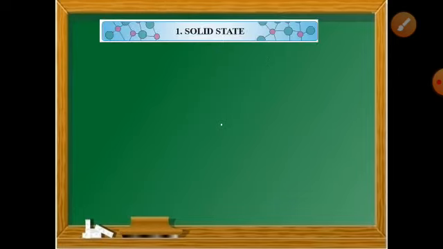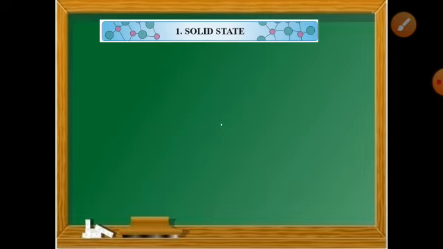We have started solid states in chemistry. That is the first chapter. In a previous slide you have studied various types of crystal systems. Depending upon the edge lengths, that is a, b and c, and the angles between them, that is alpha, beta, gamma, crystal systems are classified into 7 systems.